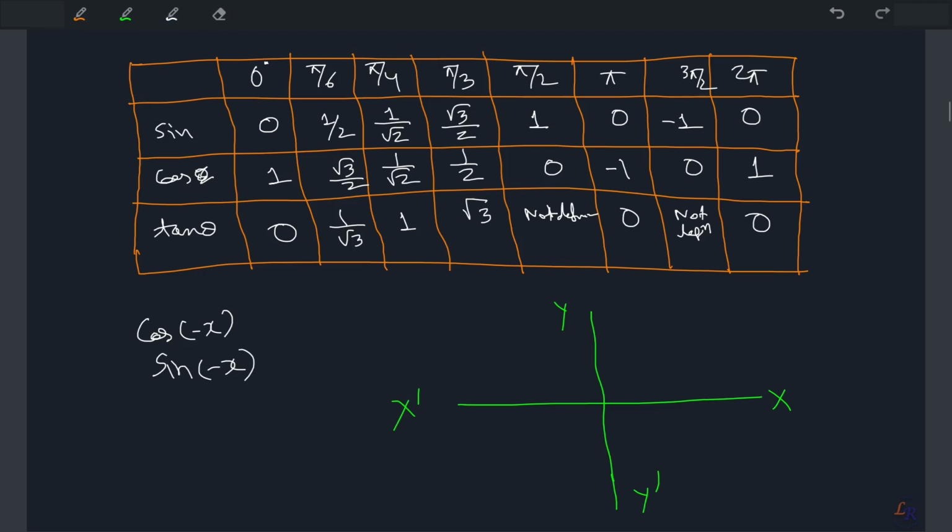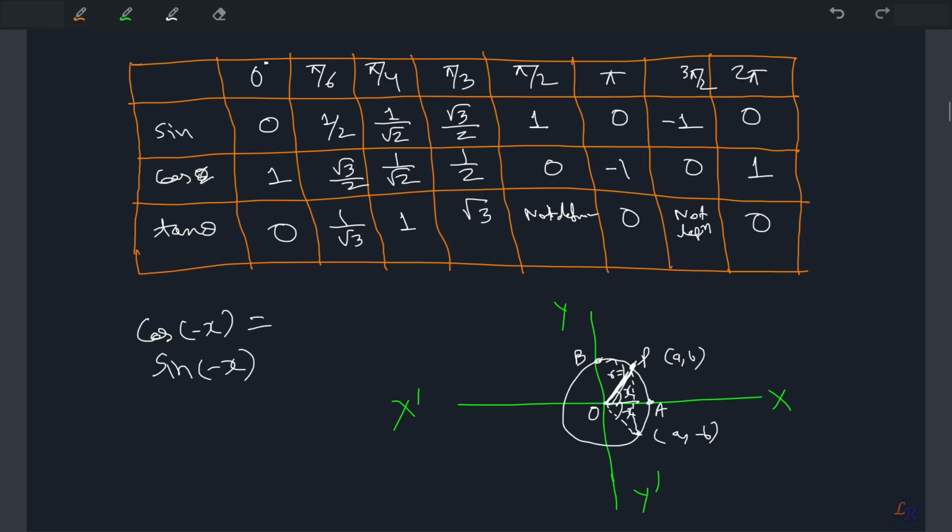And let's make our unit circle here, unit radius, and this is your point P as we just saw, and this is your line joining here. This is A and this is B. And you have this angle, and this angle is, let's say, x. So I want to find for minus x, so I will draw a value here. Let's say this is your point (A, B), and then this point would be (A, minus B). And this is again r equal to 1, a unit radius circle. And if I take a minus x, so cos minus x would be what?